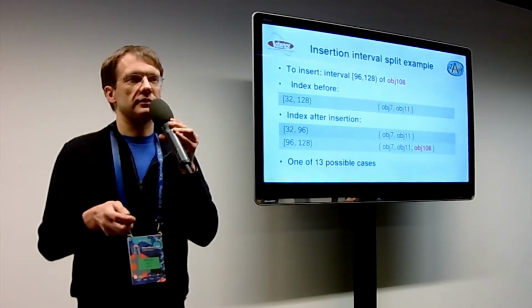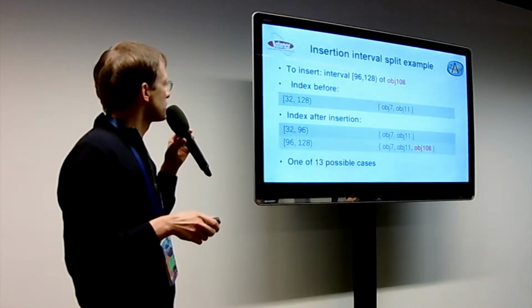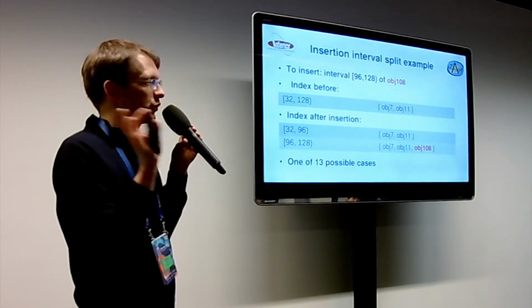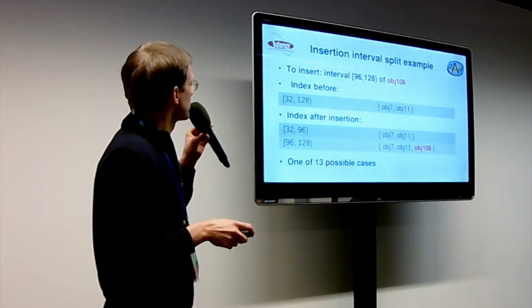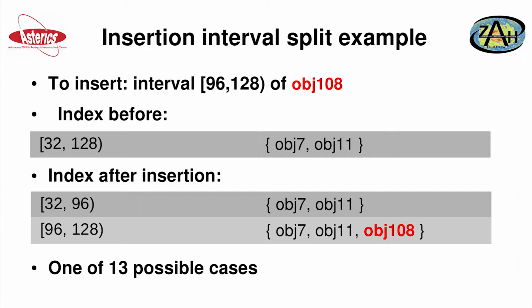Here I've got a very simple explanation. It's hopefully not too trivial, but for example, let's assume that we see here one part of the entry tree of the index before the insertion of this interval. This object may have other intervals, but all of them, of course, have to be added to the entry tree. This is normal for an inverted index. So let's see that the index in this area looks before like this,